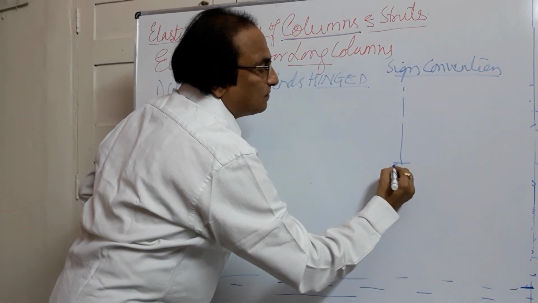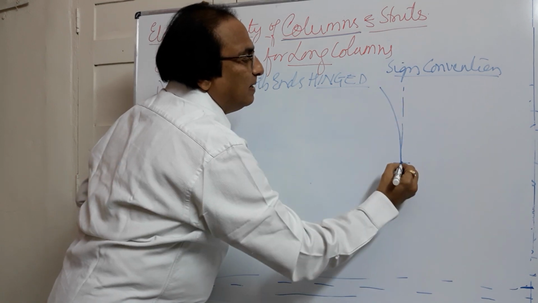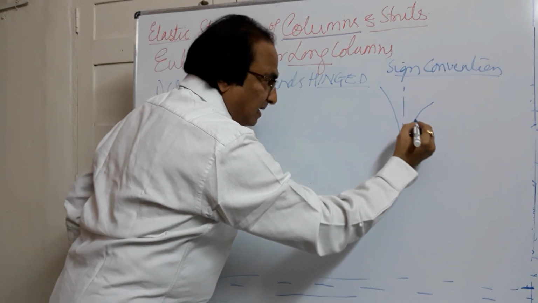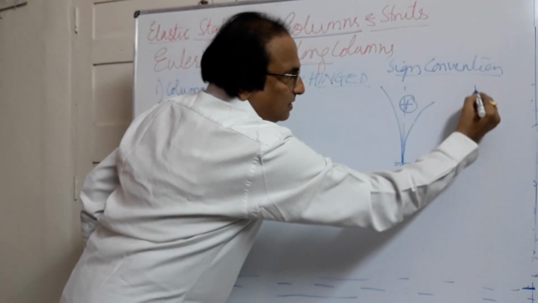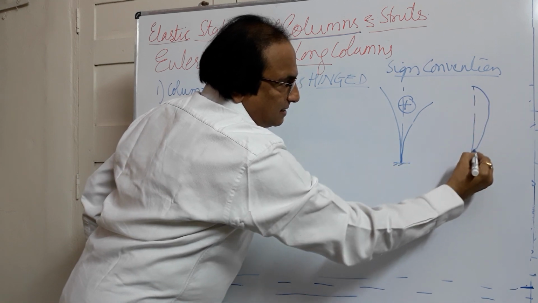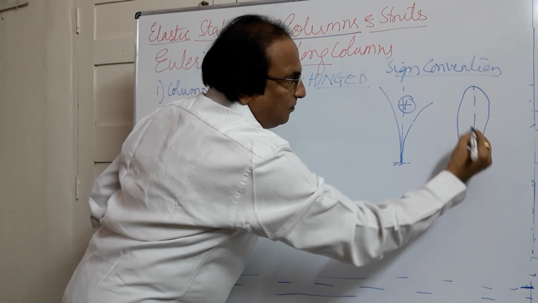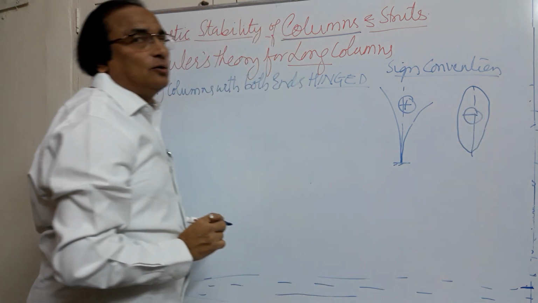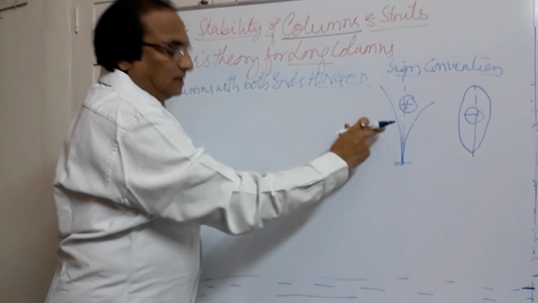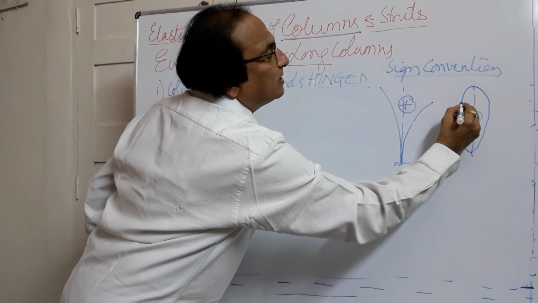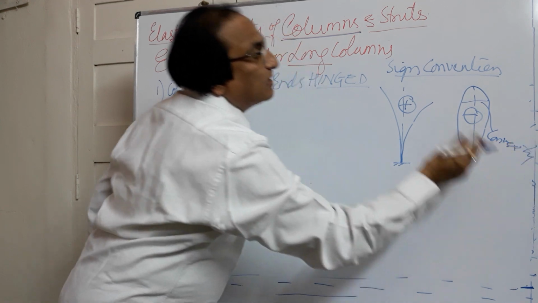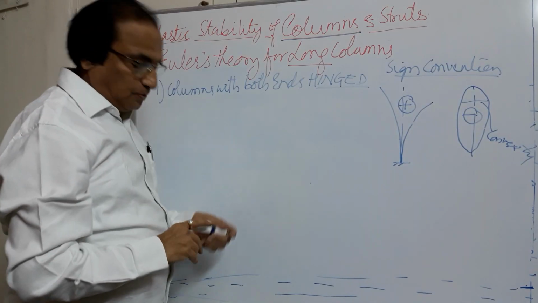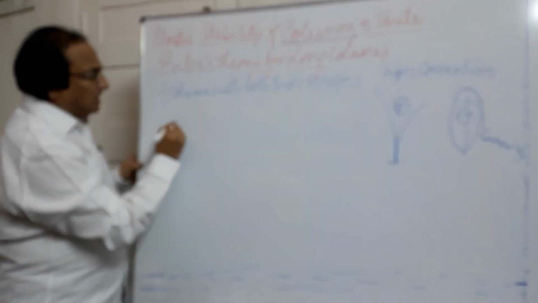Suppose this is the initial position of the column. If it bends like this or if it bends like this, this type of bending we take as positive. So if this is a column, if it bends like this or like this, we take the value as negative. Remember, this is the sign convention. This type of curvature, so this is convexity on the inner side. Convexity on the inner side is negative, on the outer side it will be positive. Now using this, suppose if I take up a column,